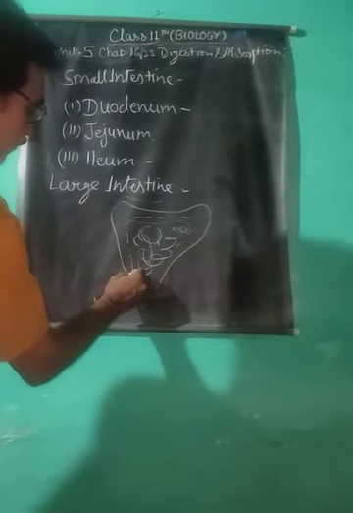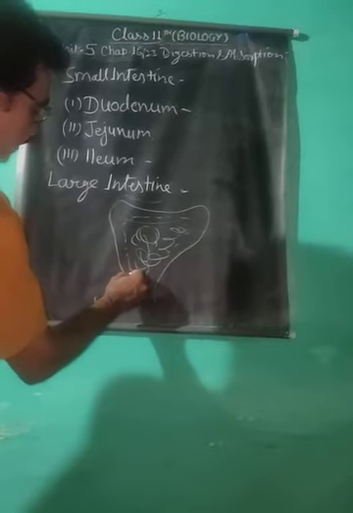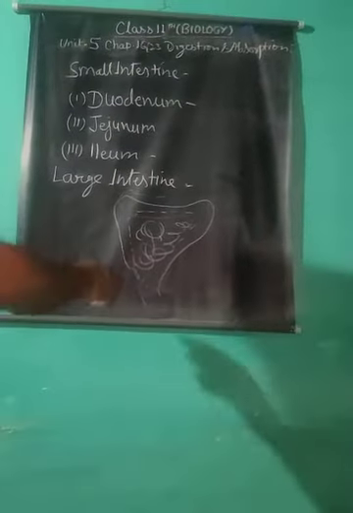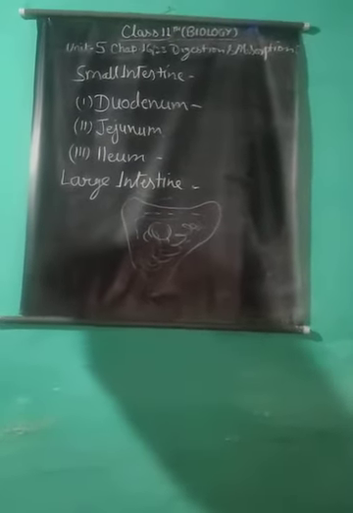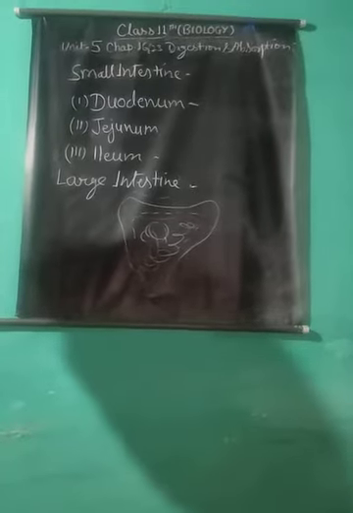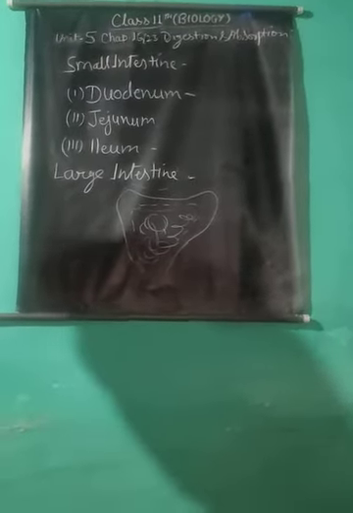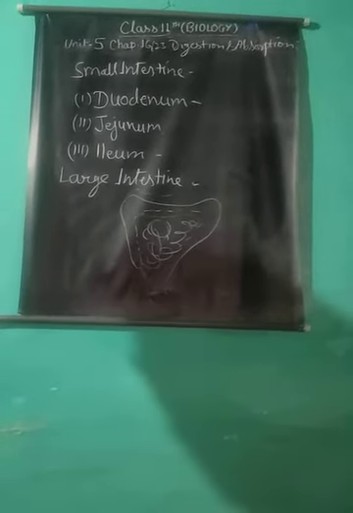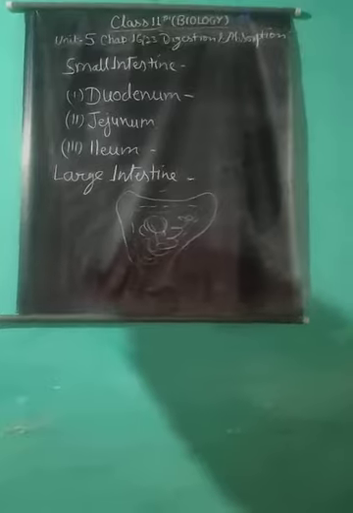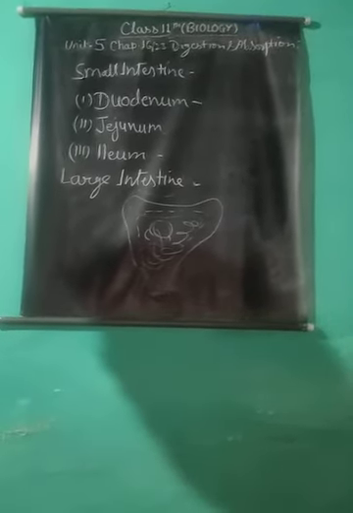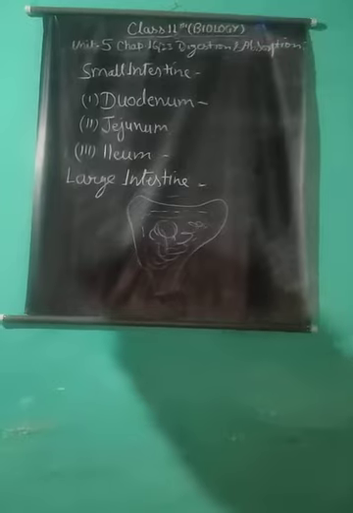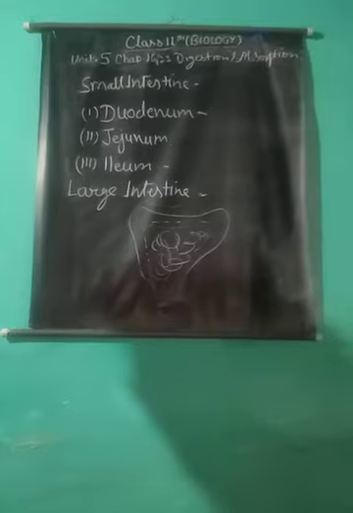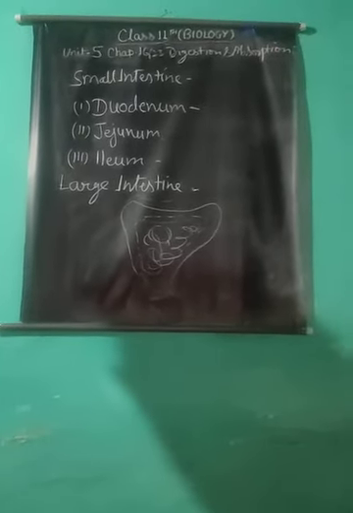From this part, where small intestine joins with cecum, a blind tube-like structure arises, known as appendix. In many herbivorous animals like cow and goat, vermiform appendix is developed and functional, helping in the digestion of cellulose. At the place of opening of ileum into large intestine, there is a valve which is known as ileocecal valve, which regulates the movement of food into large intestine from ileum and does not allow the reverse movement.